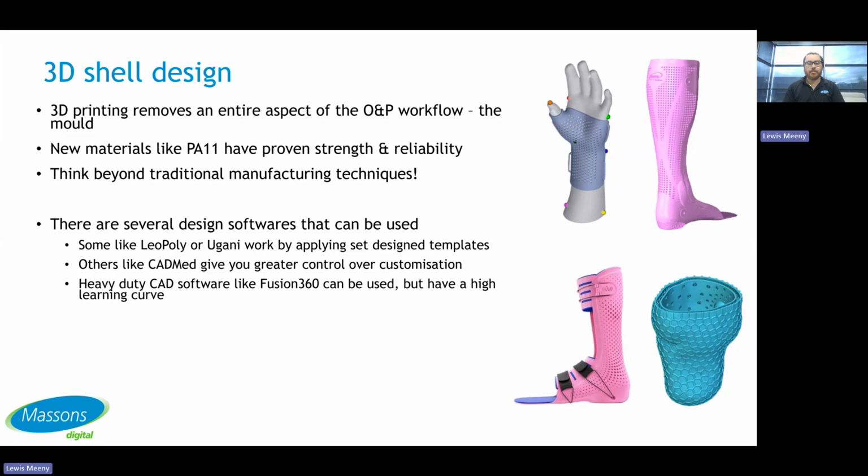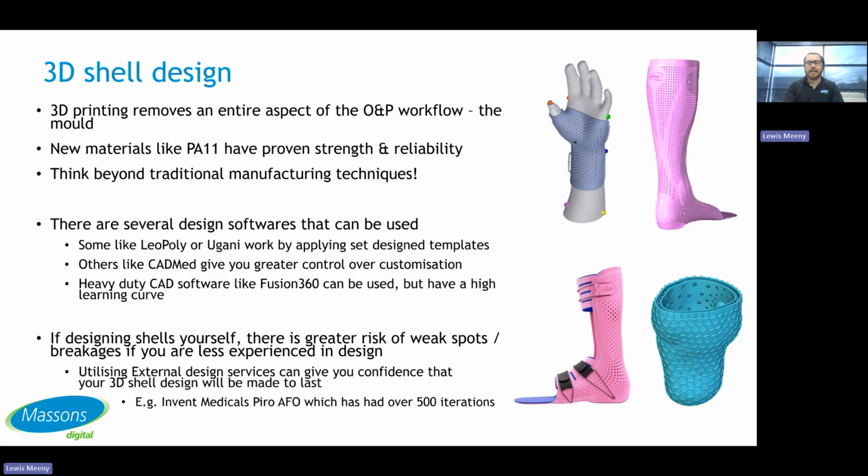If you're less experienced in trying to get into it, Leo, Poly, Ugani, or CAD can be some good options for you. That being said, if you are designing stuff yourself, you've got a significantly greater risk of weak spots and breakages, especially if you're less experienced in the design. Utilizing external services can give you more confidence that your design's made to last, because the fabricators, potentially like Massons, have some experience in designing these, so we can pick out things that we know might fail based